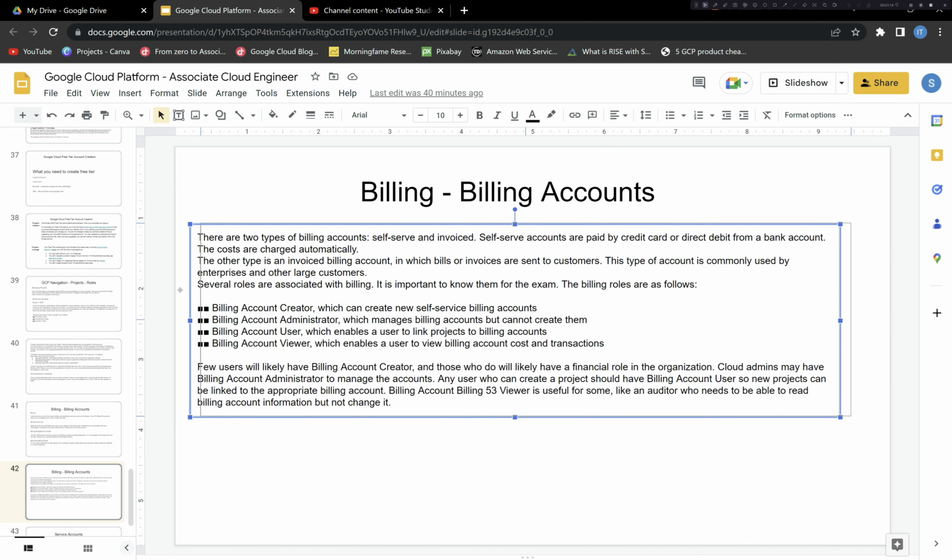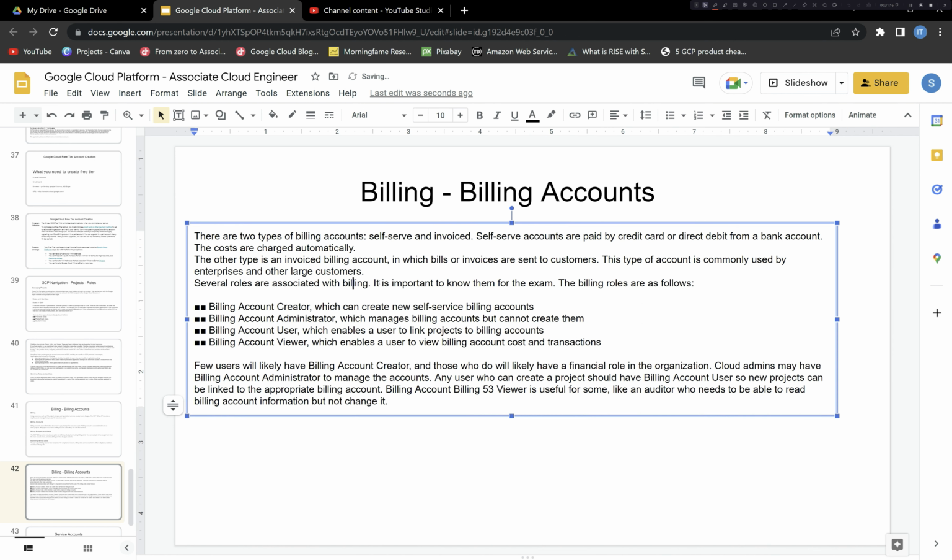Several roles are associated with billing, and it is important to know them for the exam. The billing roles are as follows. One is billing account creator, which can create a self-service billing account. That user can create the billing account. Next is billing account administrator, which manages billing accounts but cannot create them. The creator will create it and be done, and then the administrator will